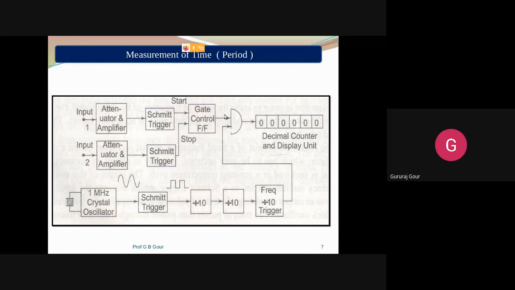So if it is 0 and this one is 1, the main gate will generate no pulses, meaning there is 0 output. No more pulses will be applied to the decimal counter. Then the counter will finish counting, and the latch will be connected to the display unit to display how many pulses are counted. And that number of pulses is directly proportional to the time period measured for the waveform between these two start and stop reference points. Is it clear, guys? Can anyone respond?